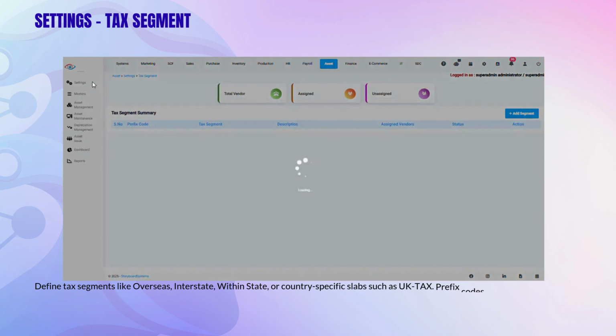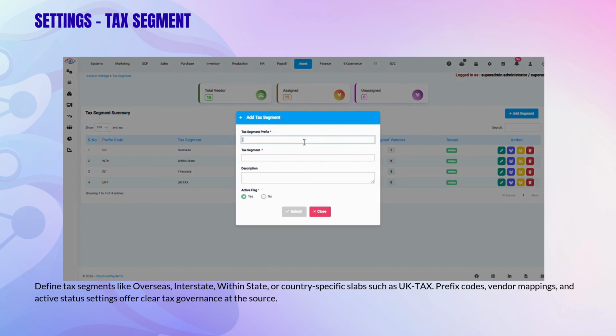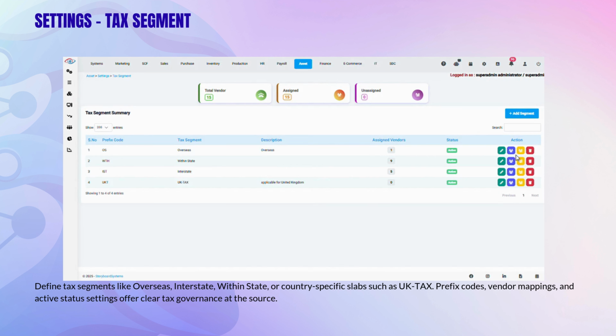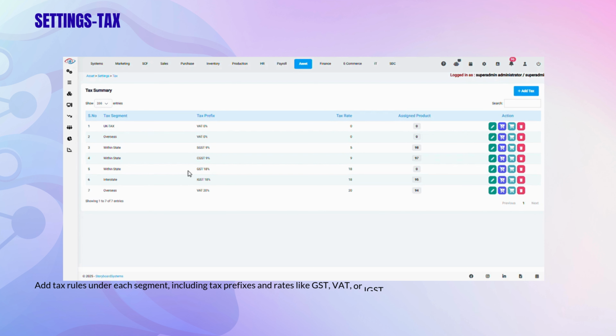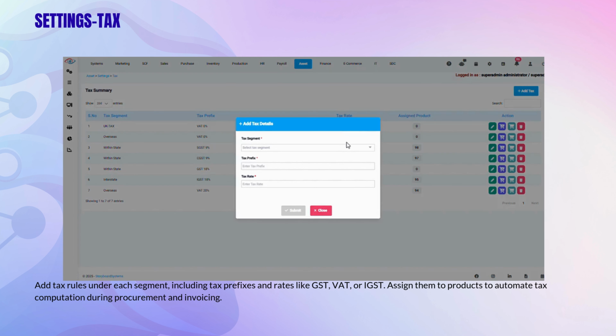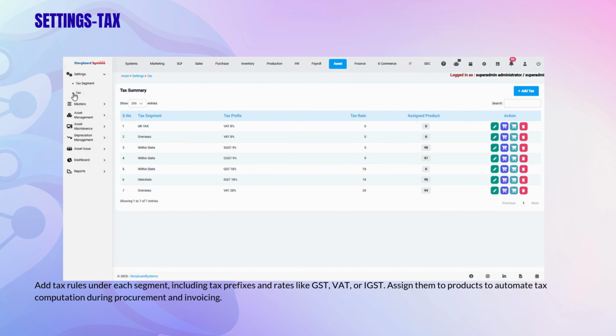Under Settings, Tax Segment Management allows defining asset-linked tax groups based on geography and applicability, such as within state, overseas, interstate, and custom codes like UK tax, all mapped to vendor assignments for financial compliance. Tax rules can be defined per segment with prefixes and rates. From GST to VAT or IGST, users can manage multi-tax environments and associate them with products for automated computation during